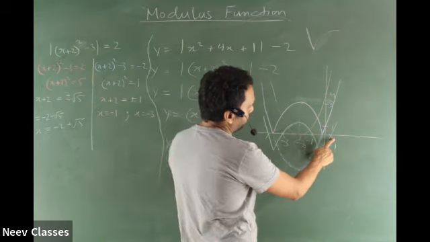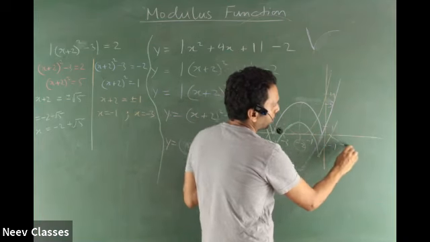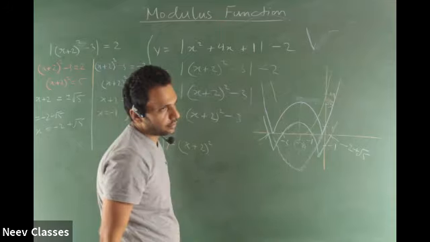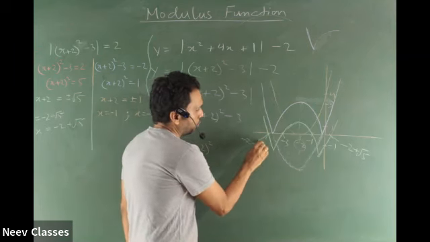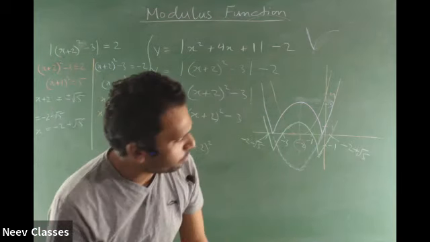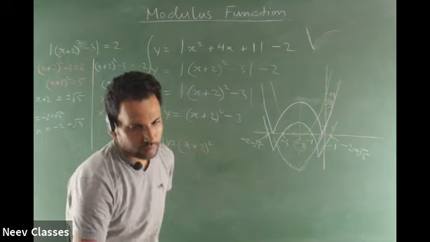Okay, so this one comes minus 2 plus root 5. Does it breach 0 and go beyond? Does it go beyond 0? Yes, sir, because root 5 is a 2 point something, right? Okay, and this one? Minus 2 minus root 5. That's it, guys. You can keep on modding, keep on shifting. The concept remains the same. Got the point? Anything you want to ask?